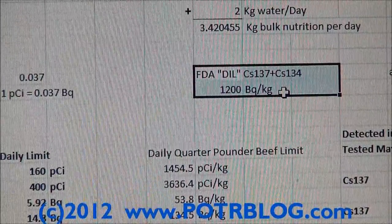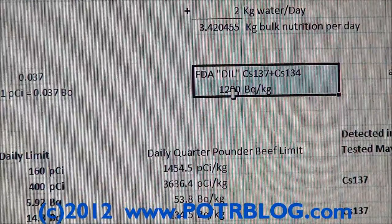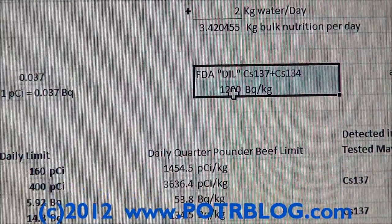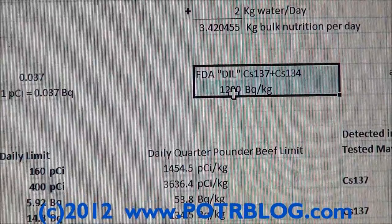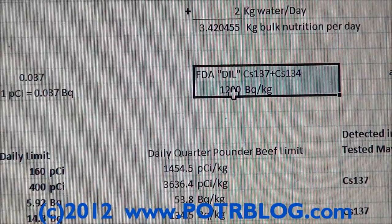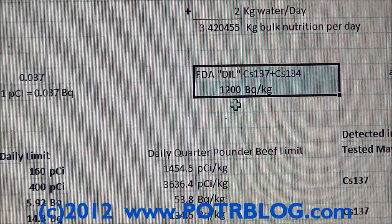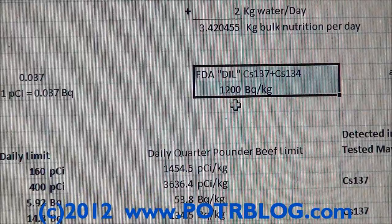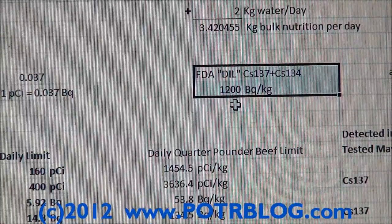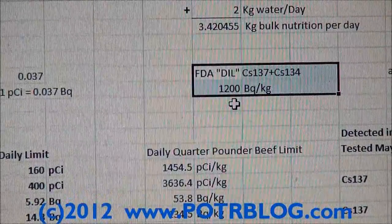And there's another perspective to this too, which is if you've got cesium in your water, it's likely contaminated that entire water supply. So if you find it over the limit in that water supply, the entire water supply is affected. But it's also possible to filter water. It's not really possible to filter the contamination out of beef. So when they set these values this high, from our perspective, what they're really doing is trying to stop economic damage to beef producers. You wouldn't want to cull a whole herd on what they would call a low level of radioactivity, because